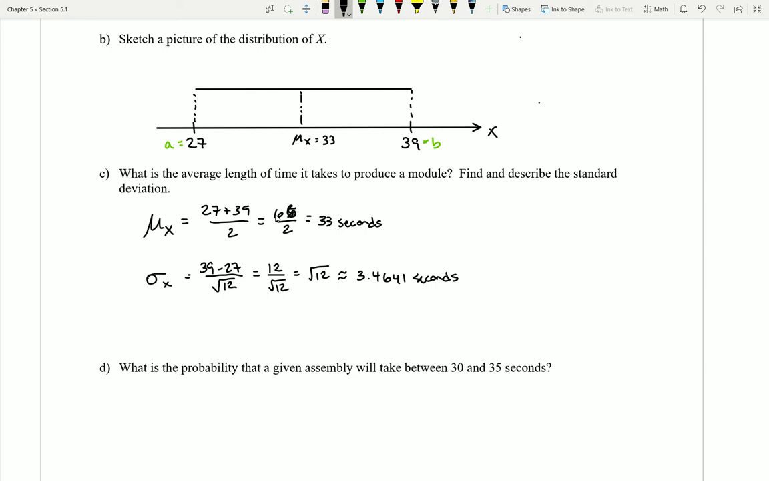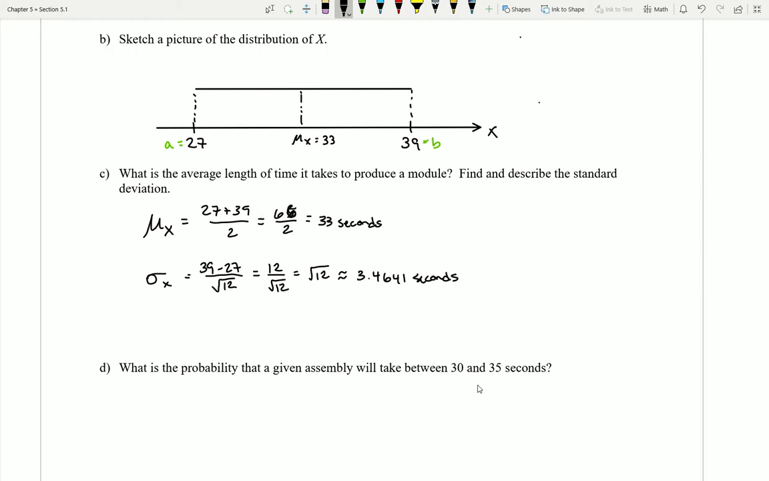So now let's go ahead and take a look at how we would actually compute some probabilities with a uniform distribution. So let's take a look at part D. What is the probability that a given assembly will take somewhere between 30 and 35 seconds? Okay, well,